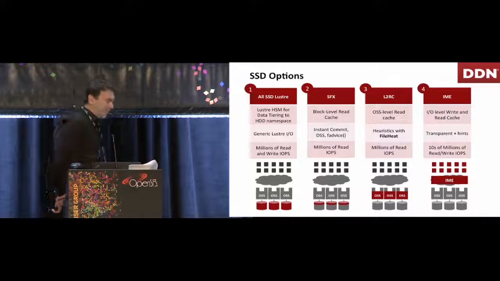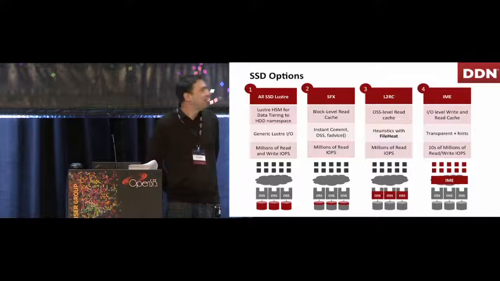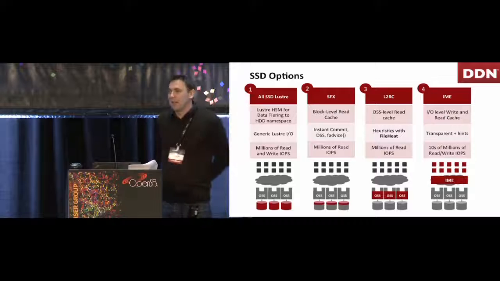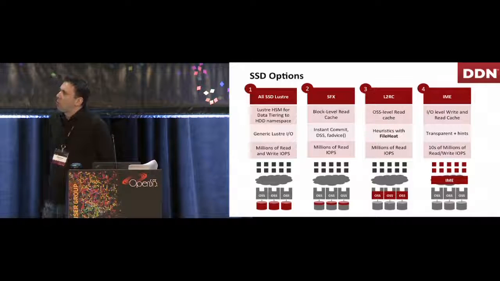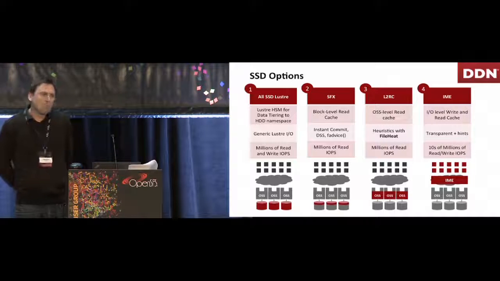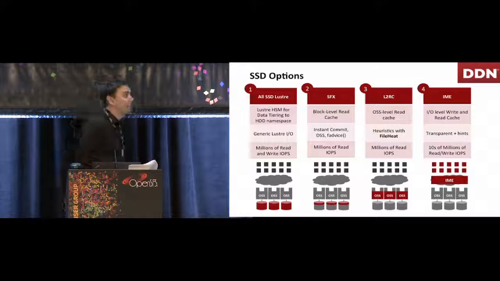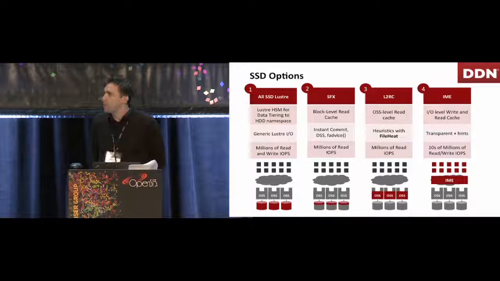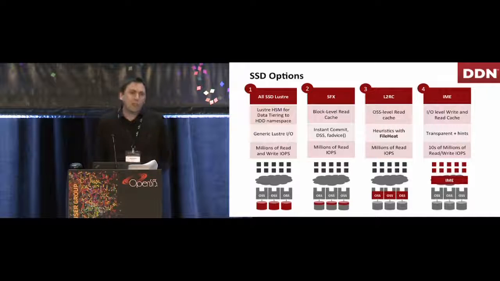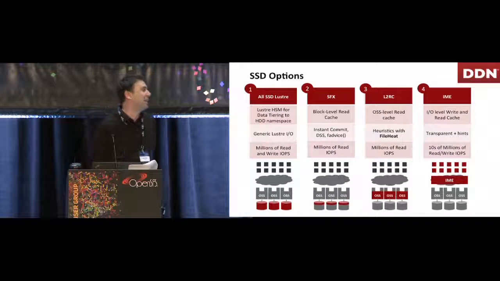We can do 4 things here. In fact, there's more options. But in this case, we've taken a system, and we've run SSDs everywhere, a Lustre file system on SSDs. Then 2 and 3 there, where we take 2 simple or relatively simple cache methods, explicitly read cache methods, SFX and the L2 read cache. And I'll talk about the results on there. So in these cases, you buy a relatively small number of SSDs to accelerate the I/O from a large Lustre file system, which is mainly composed of nearline SAS.